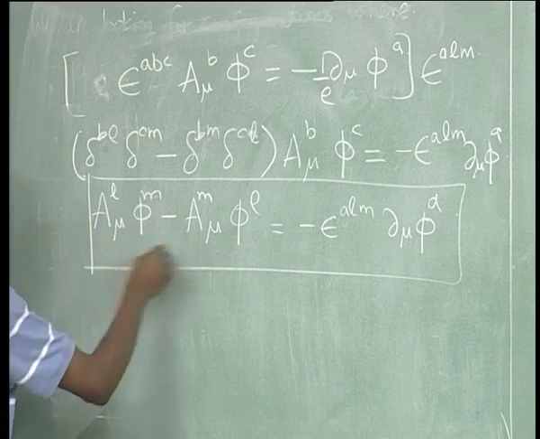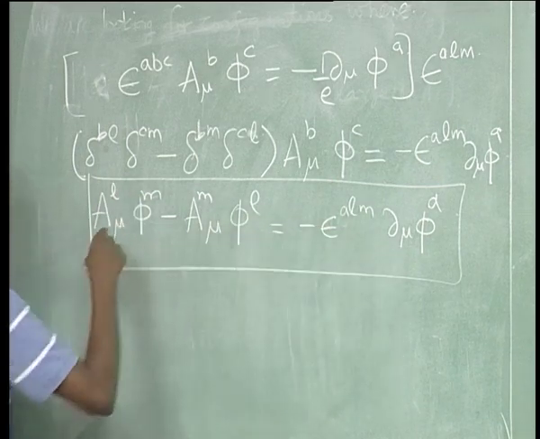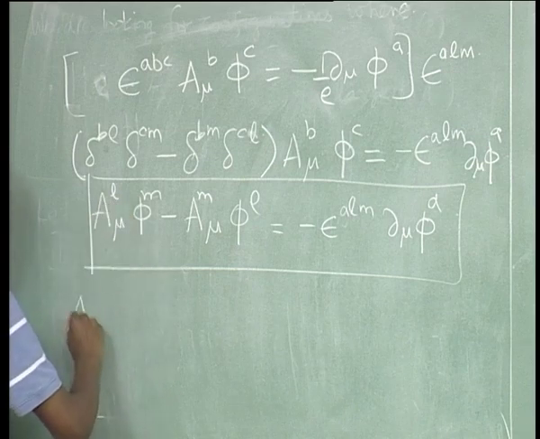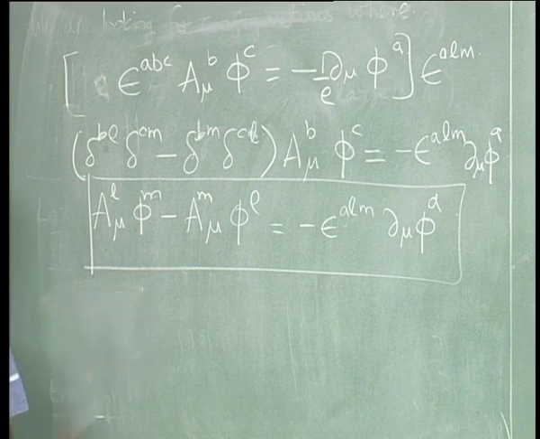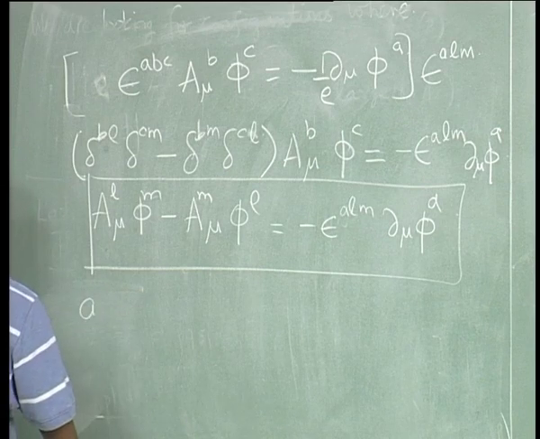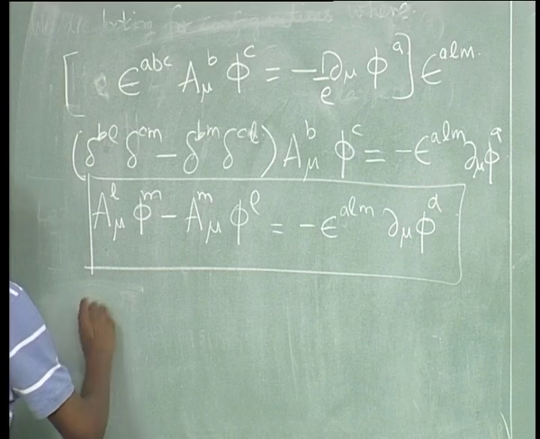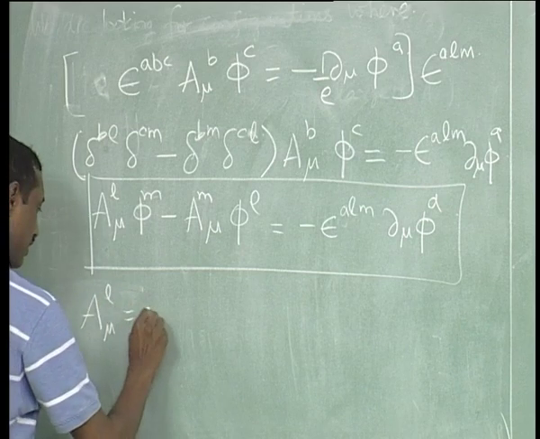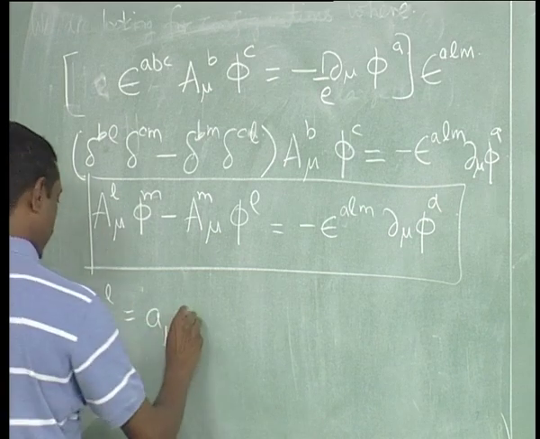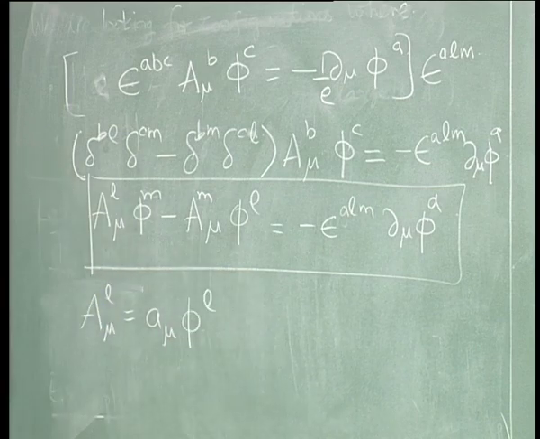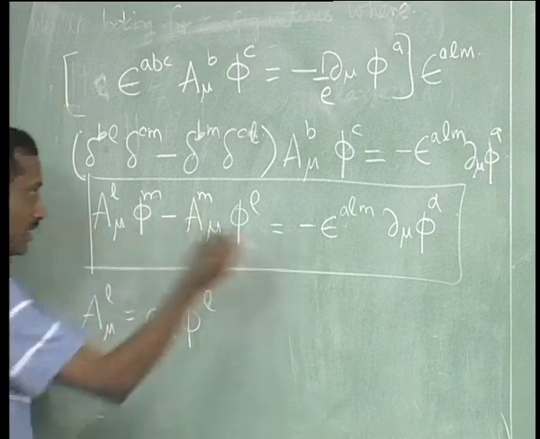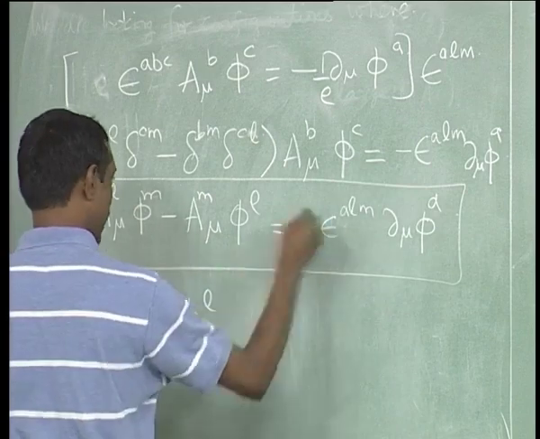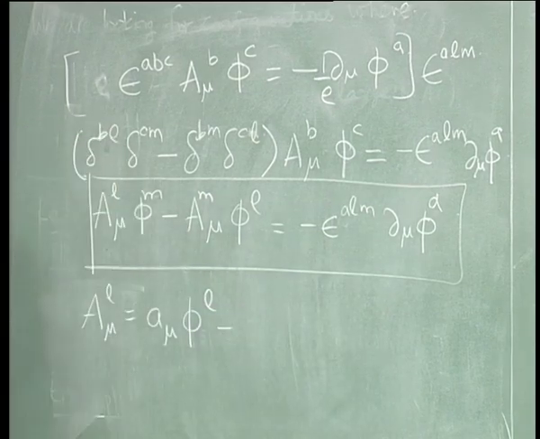So obviously there is one piece which will give 0, which is if I take a mu l to be, let me write something else, let me write little a, so suppose a mu l is some little a times phi l. It will give 0, that will cancel out. Then I should write another piece which will give this guy. So this should be something like minus